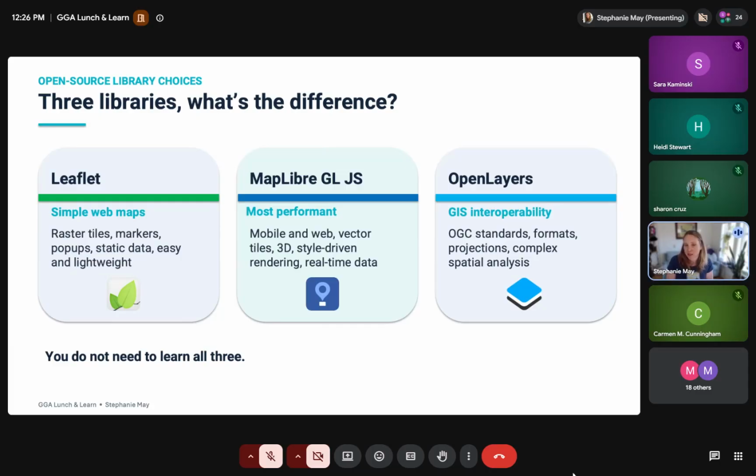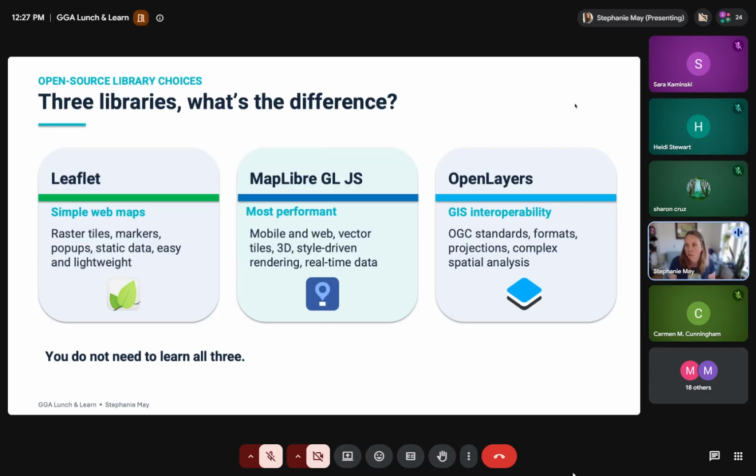The advantage that MapLibre has over, say, Leaflet is that at its core, it's a vector rendering library, which means you can customize the styles. You can be interacting with those vectors directly in someone's browser. You can do more with real-time data. It also has a mobile library that's tightly coupled with the web library. There's been a lot of development around 3D, and we're going through another one of these waves of digital twins. It's amazing how that just keeps coming up. But that's really MapLibre's sweet spot, although it can do all of the things that I was describing with Leaflet as well.